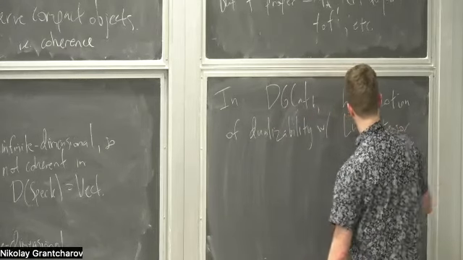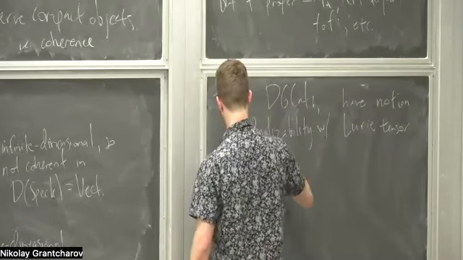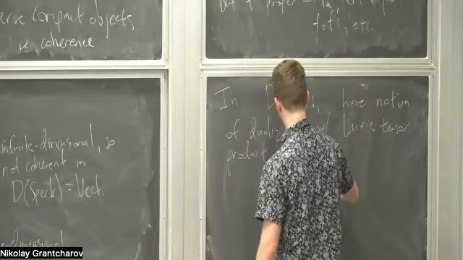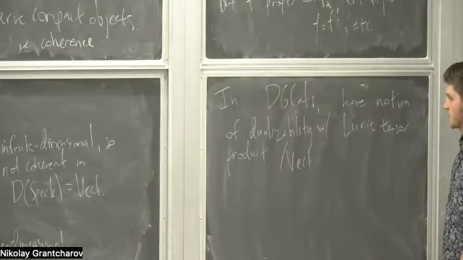And by the way, when I say Lurie tensor product in DG categories, I always mean the tensor product of modules over the ground field,